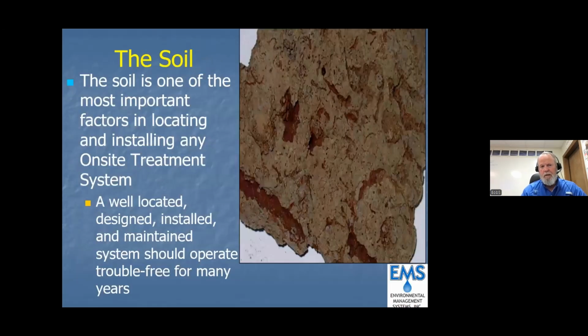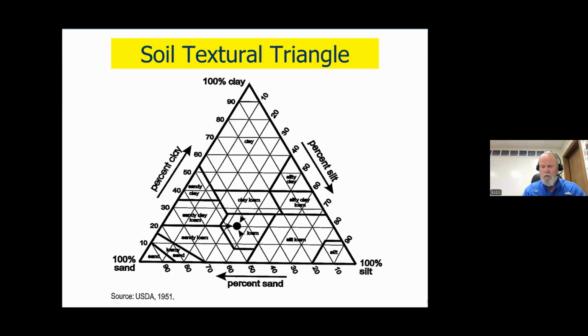So we're looking at the porosity. Are there channels in the soil from roots and worms, beetles? And do you see evidence of saturation? We're looking at the texture of the soil, which just talks about the amount of sand, silt, and clay, and that gives you a pretty good idea that heavily clayed areas are going to be,